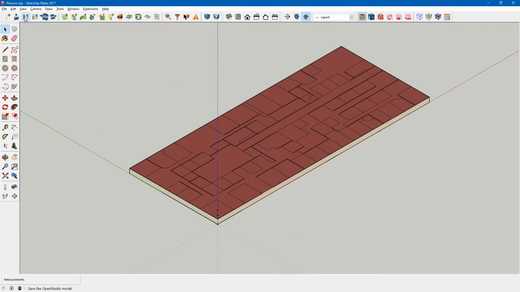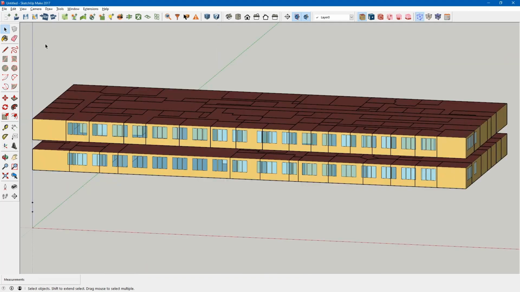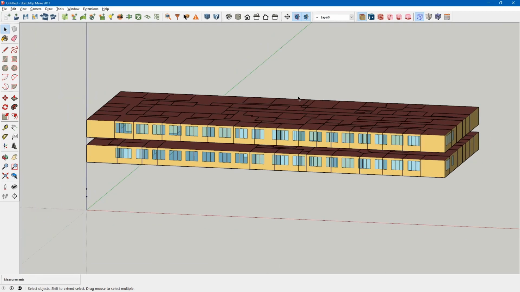And we'll go ahead and save this OpenStudio model of the plenum, and next I will show you how to insert the plenum into your current model.